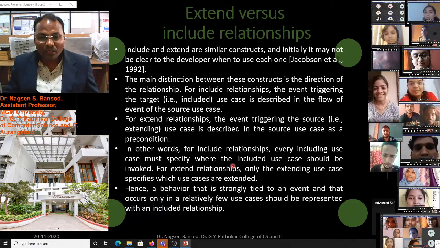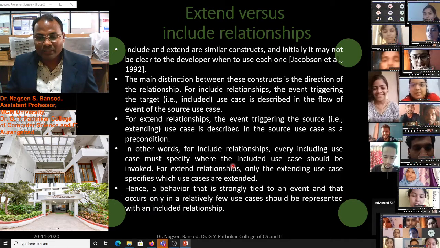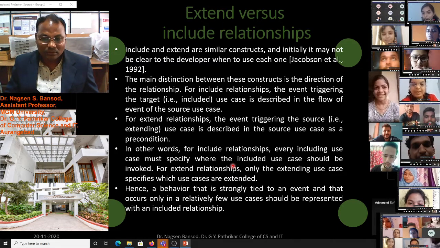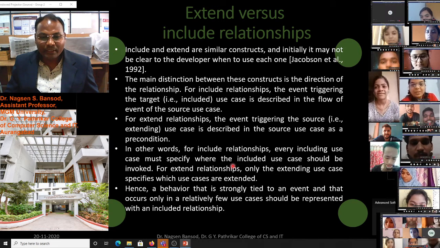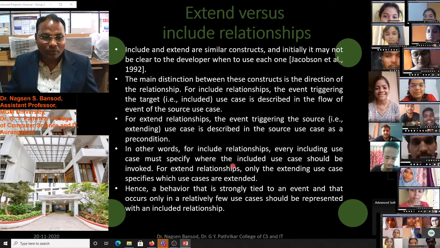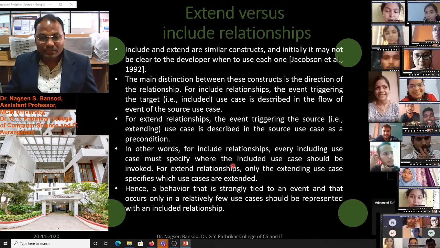Hence a behavior that is strongly tied to an event and that occurs only in a relatively few use cases should be separated with an include relationship.